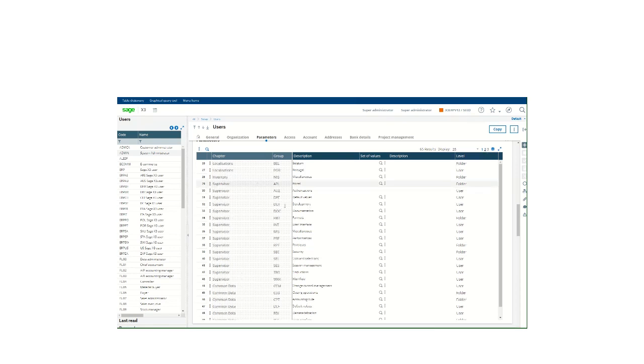You may need to go to a different page to find it, but what we need to find is the Supervisor chapter for the DEF or default group. In my case it's line 31. So we're going to select detail,